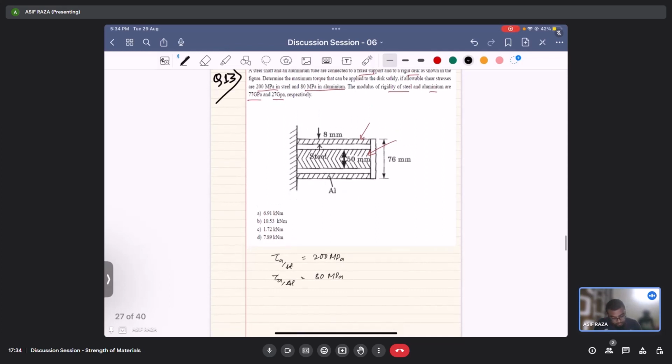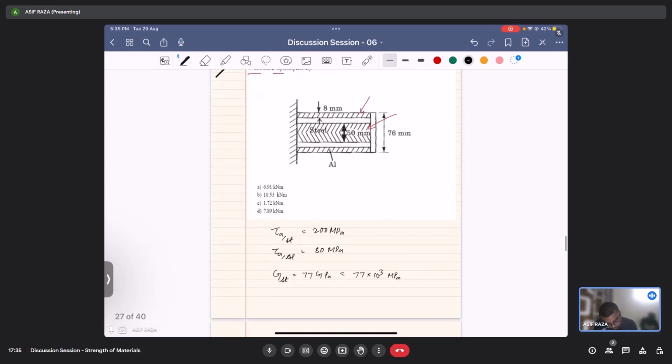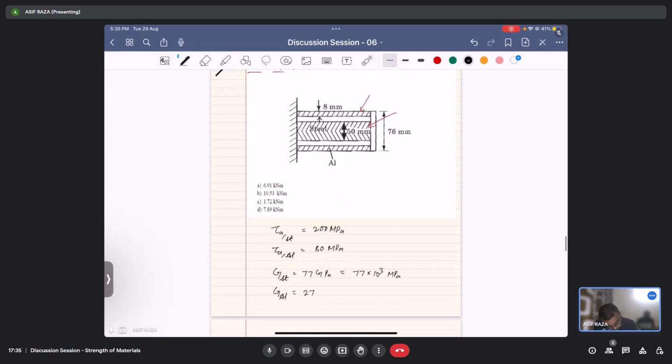Other data which has been given is the shear modulus, or modulus of rigidity, of steel, which is equal to 77 gigapascal, that is 77 into 10 to the power 3 megapascal, and the modulus of rigidity of aluminium is equal to 27 gigapascal, that is 27 into 10 to the power 3 megapascal. Okay,